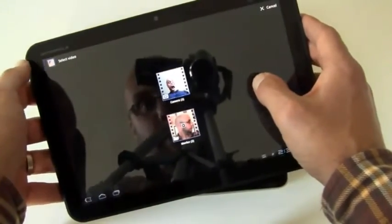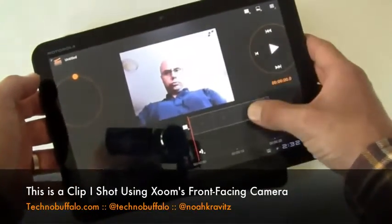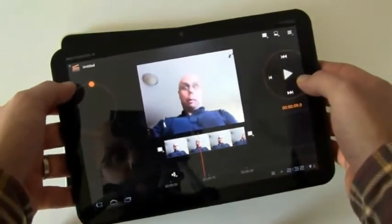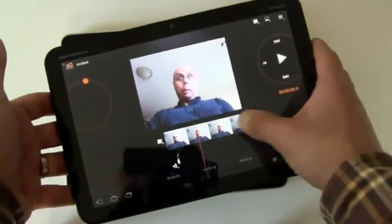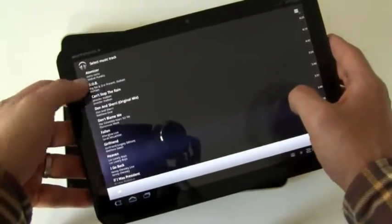So we'll go back, and this old one that I did the other day, you've got a video editor built right in. Pretty basic, but it works fairly well. It's got these virtual controls. Google's metaphor is a little bit different than Apple's, but you can edit, you can add, I don't think I have any music on the device here. Oh yeah, there's some that came with it, so we'll put in